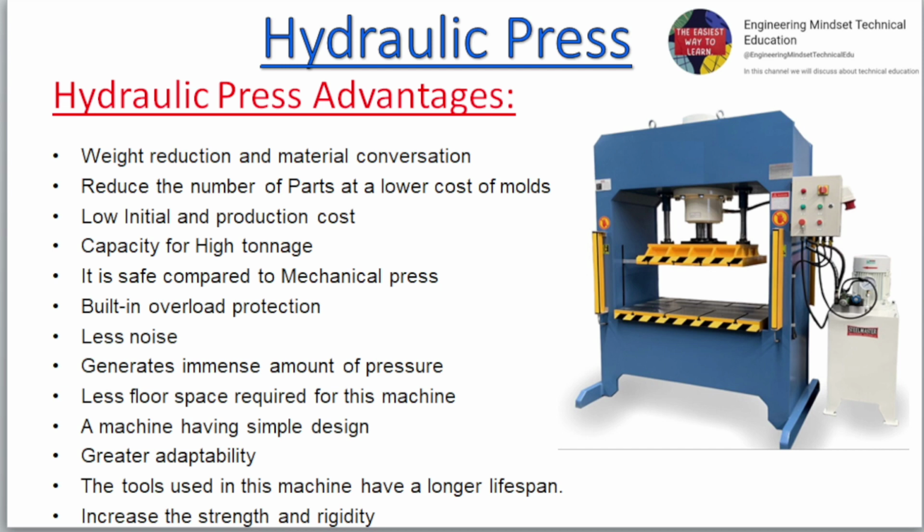Hydraulic press advantages. Weight reduction and material conservation, reduced number of parts, lower cost of molds, low initial and production cost, capacity for high tonnage. It is safe compared to a mechanical press, with built-in overload protection, less noise, generates an immense amount of pressure, and requires